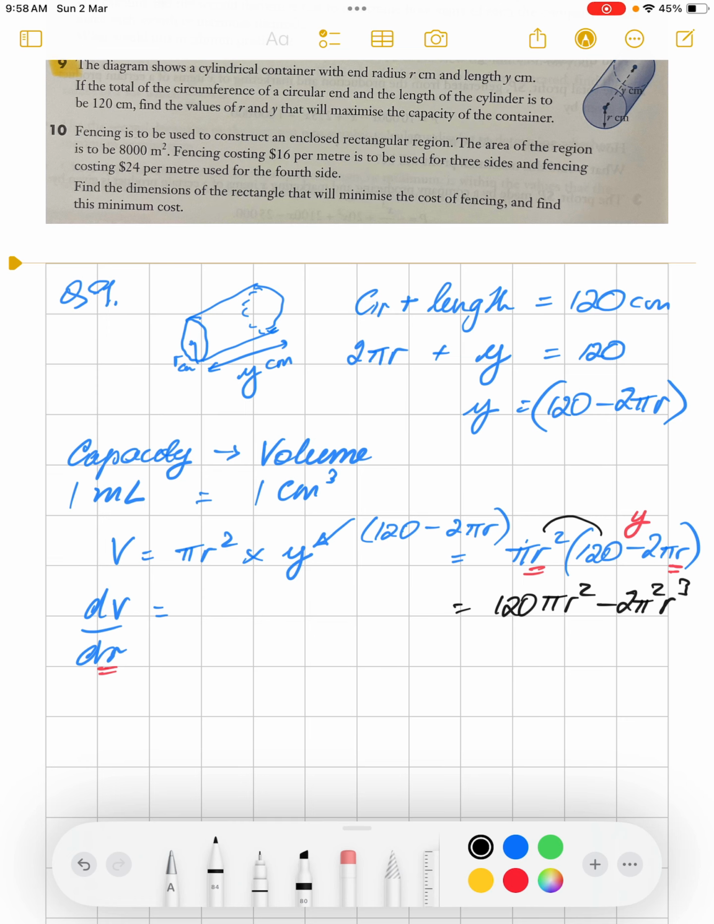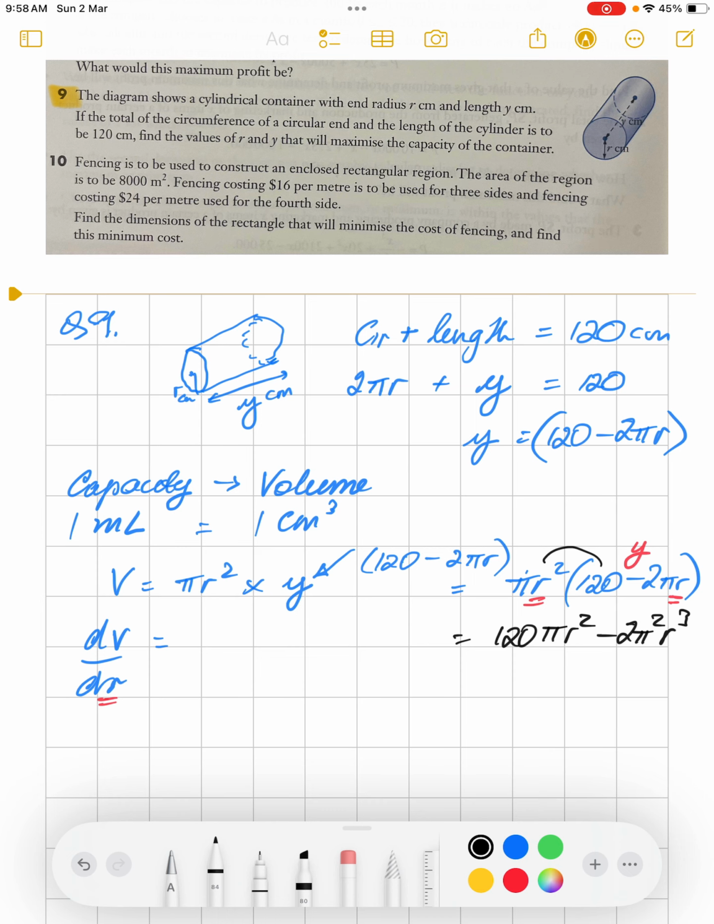Alright, so dV/dr is 120 times 2, so 240 pi r to the power of 1, minus 3 times 2 is 6 pi squared r squared. And we let that equal to 0, and we solve this. So to optimize, we find where the derivative is 0, and I'm going to factorize, say, 6 pi r. That leaves 40